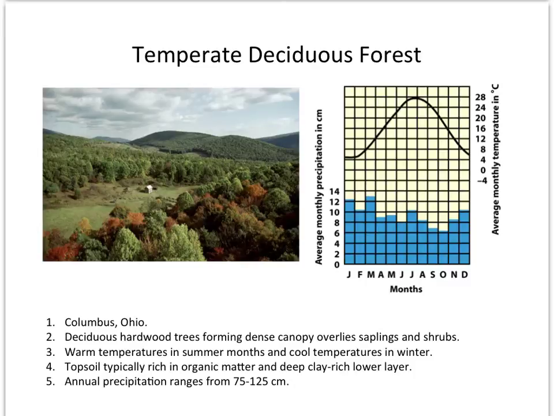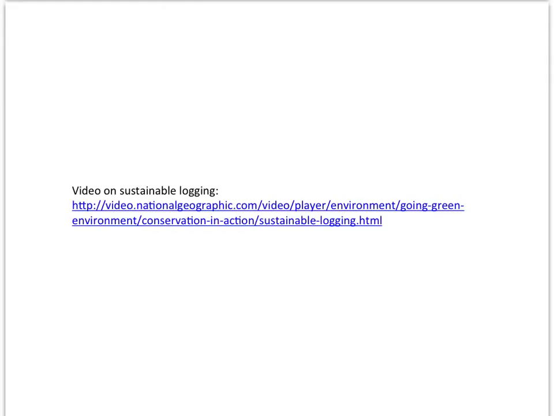And as you can see here, this maybe would be like Ohio in the early 1800s, where you have a homestead, and this farmer cleared this area right here for agriculture, and this would have been the natural ecosystem before he inhabited this area. This video talks about sustainable logging. It's a practice that's used today to try and preserve the timber for future generations and try to preserve these for the health of the ecosystem itself.